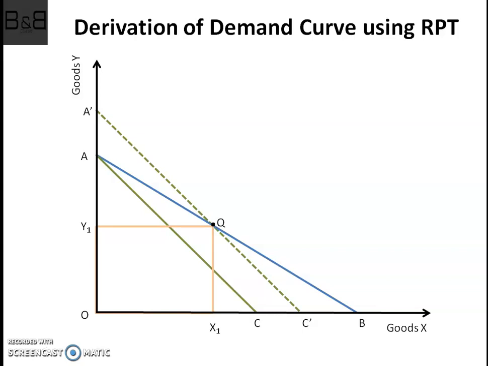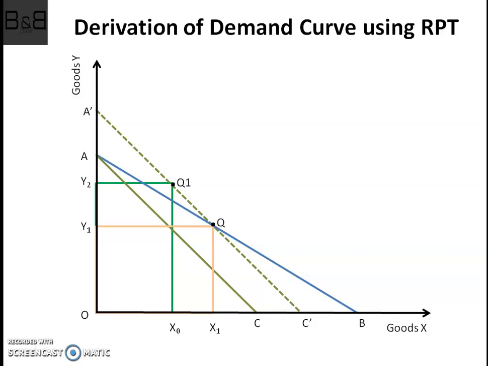Since the consumer has to increase their utility, the consumer will choose another bundle, Q1, that lies on the section A dash Q. This also shows the substitution effect due to the change in the price of goods X. When the consumer chooses the new bundle Q1, the new consumption will be X0 units of goods X and Y2 units of goods Y. Here we can simply see that the substitution effect has decreased the consumption of goods X and increased the consumption of goods Y in order to maintain the same real income.